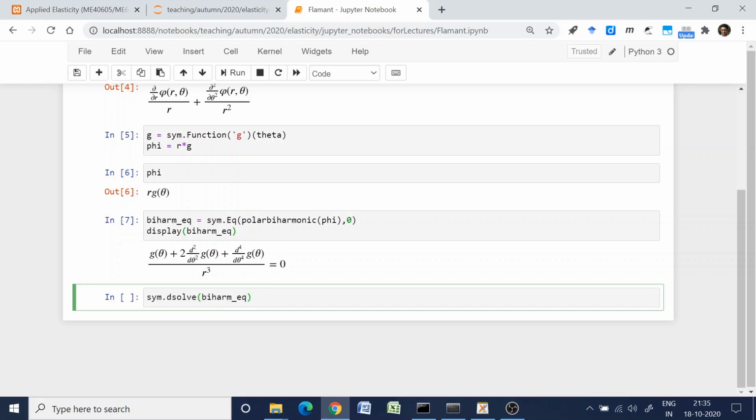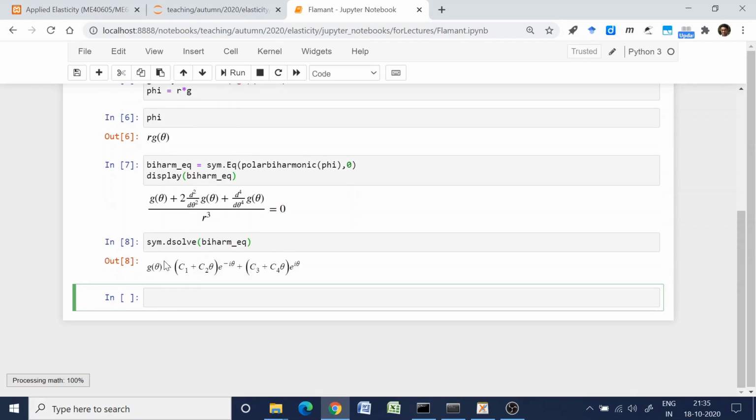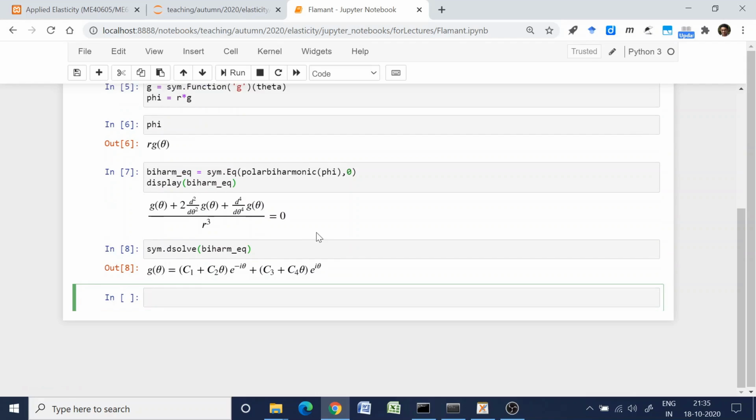Let's see if this gives us any solution, and see how nicely it is giving us. It is, so you don't even have to worry about manually cutting out this r cube. It has already taken care of it itself. Okay, so maybe what you could have done by hand is to write this g theta as something like